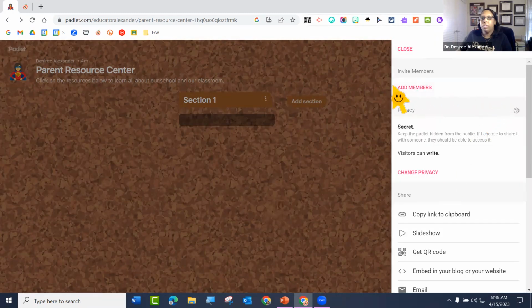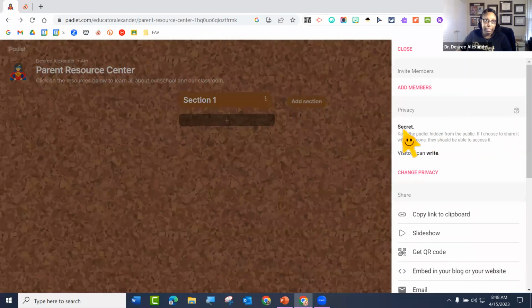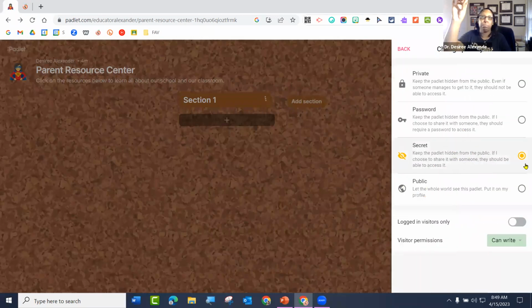Yes. All right. So that's how I can invite people and I can change what they can do even after they're invited. So if I have somebody kind of wrecking the Padlet and they don't know how to act, I can go and just change them to they can only view it, that kind of thing. And then you have your privacy. So what kind of privacy setting do you want your Padlet to be on? The awesome thing is when you click change privacy, it explains to you what each one is, which is very helpful for me. Even though I use Padlet all the time, sometimes I'm like, which one do I want?